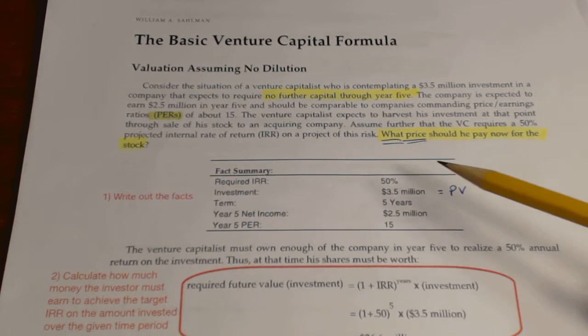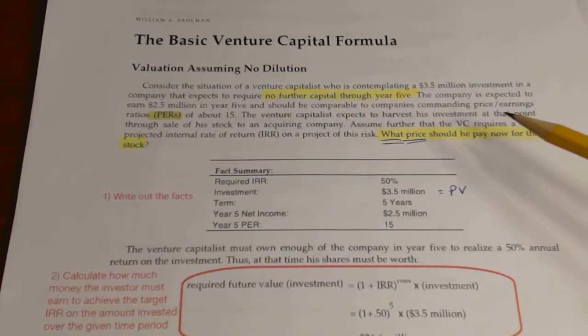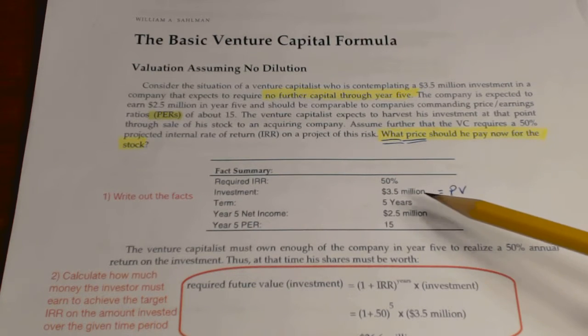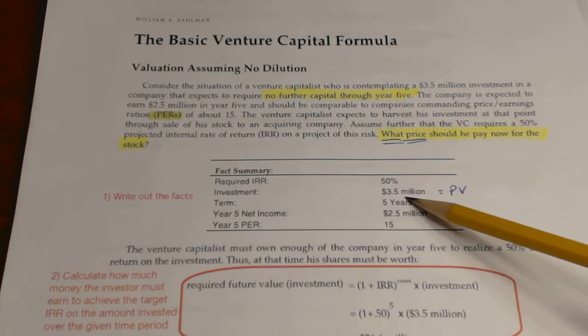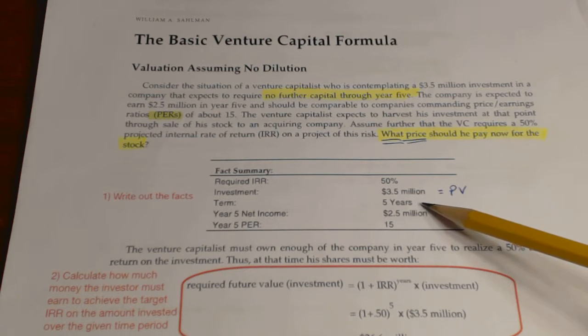So you write down the different facts. He wants a 50% IRR, which is basically the same in this case as a discount rate. That's the type of return that he requires. Okay. He's going to invest $3.5 million, so that will be the present value of his investment. The term will be for 5 years. Okay. And then